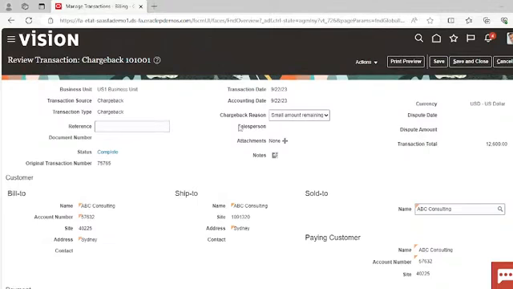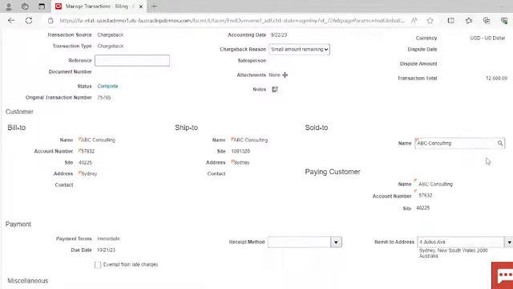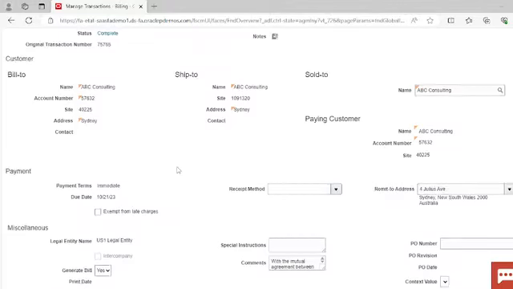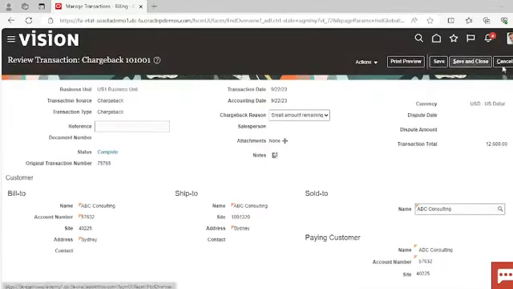You can see the reason for the chargeback, and this is the amount for this chargeback invoice. This is a comment, and this is the new due date of this invoice. So this is how you can create the